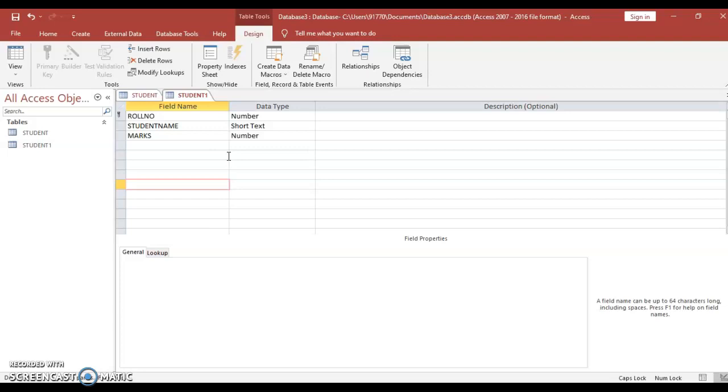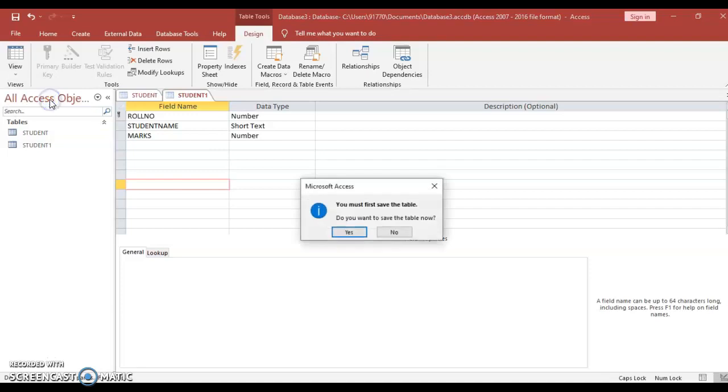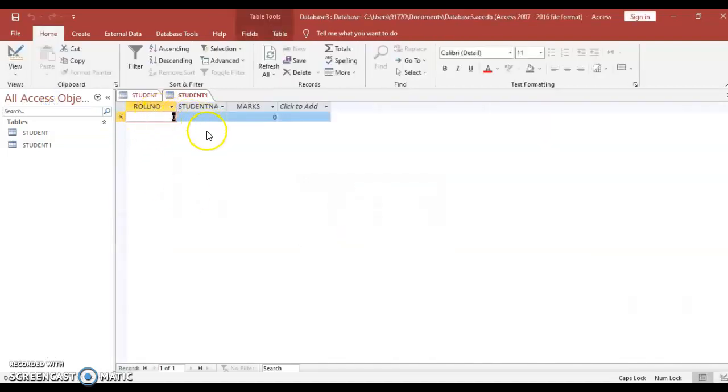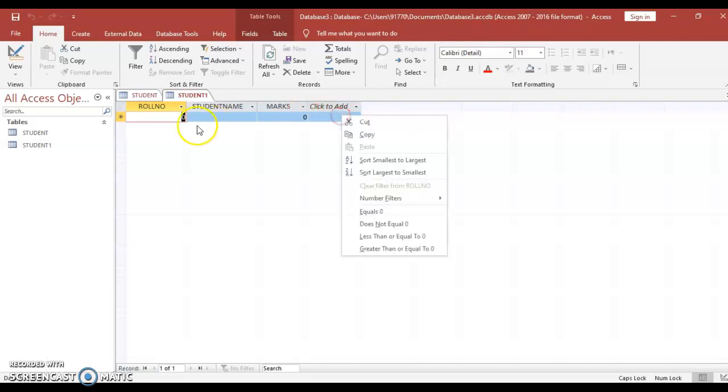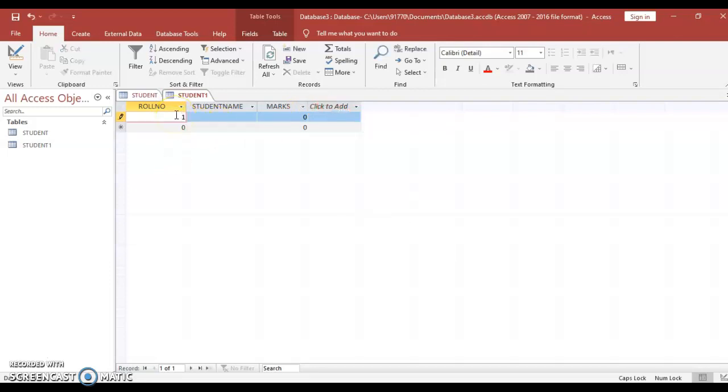table. Then how we can insert the data into this table? Then click on datasheet view. Datasheet view means what? This one. This is how we insert the data into particular table. Okay. So roll number 1, then after that student name Tejal, then marks is 20, then up to n number of students you can insert the data over here, 50. So here we insert the n number of data,